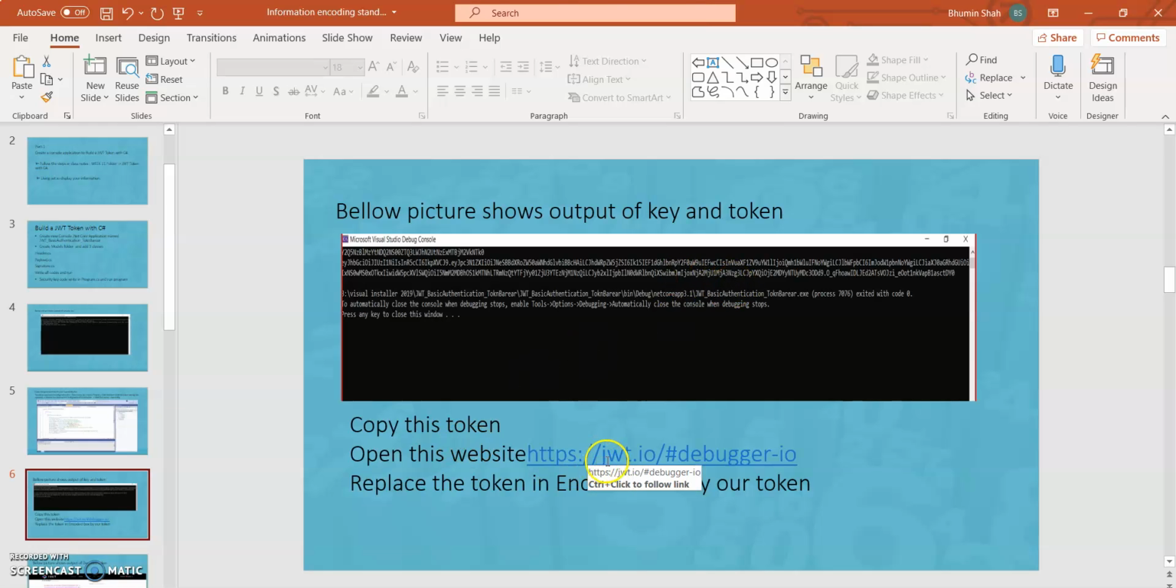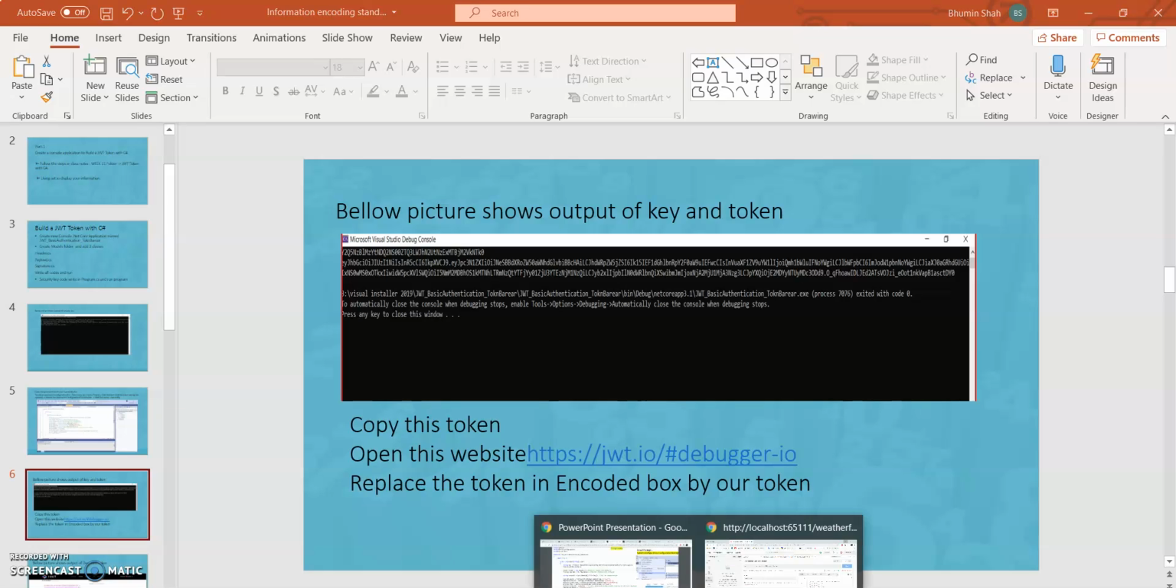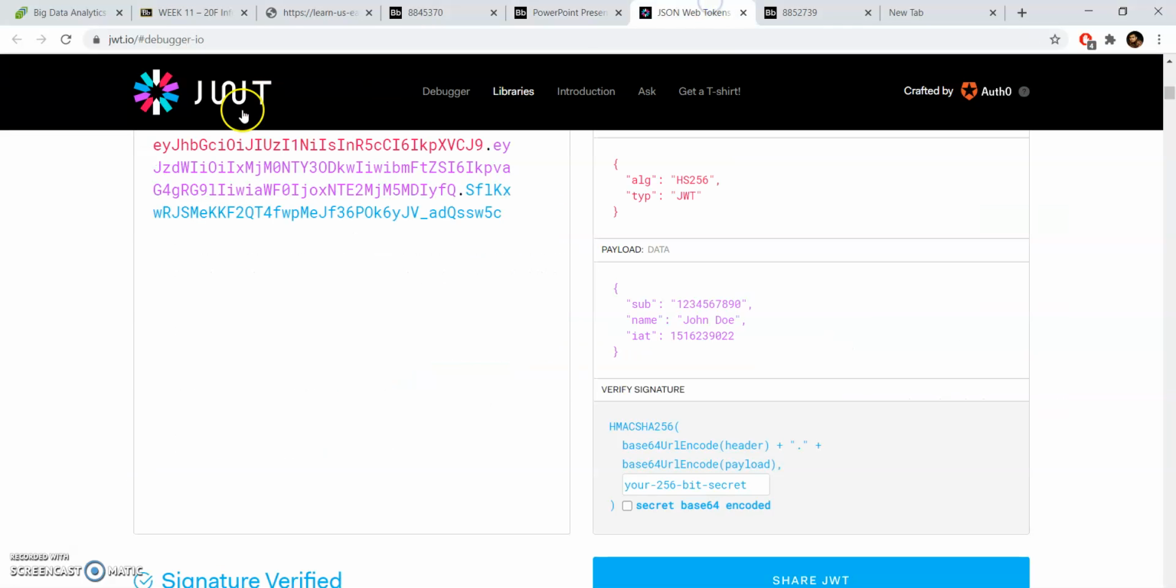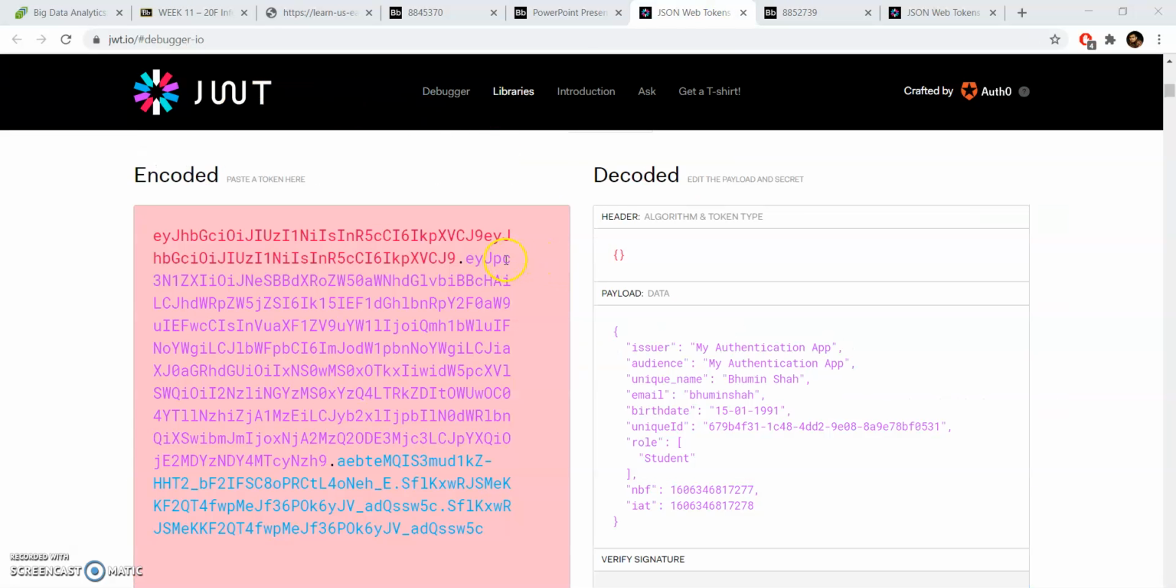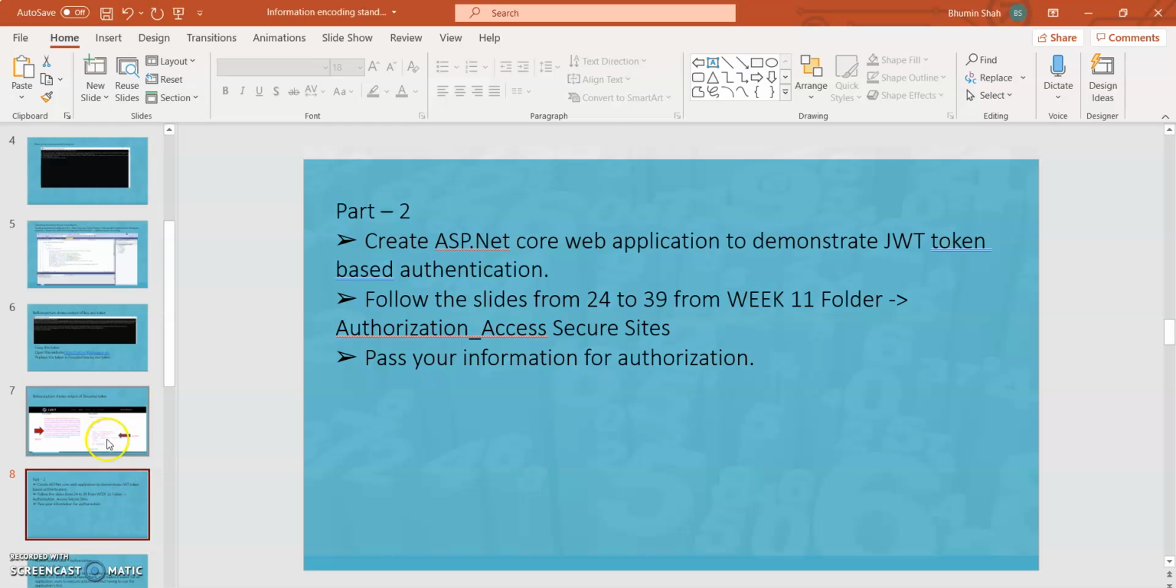link and open it in the jwt.io website. So here I paste the token, and here we can see the output. Unique name is Bhumin Shah, email Bhumin Shah, date of birth 1501. And the role is student. So this is part 1, and now part 2 is to create an ASP.NET Core web application to demonstrate JWT token based